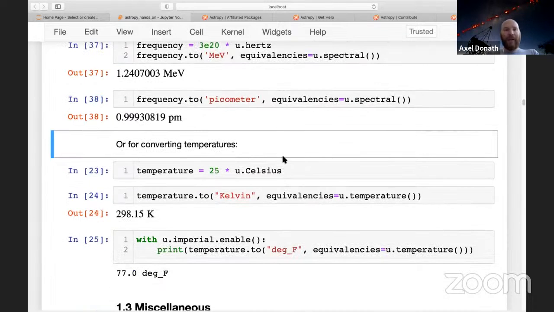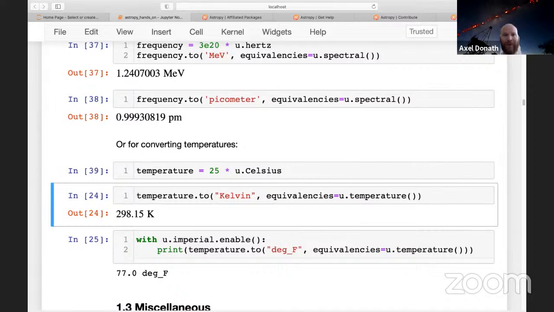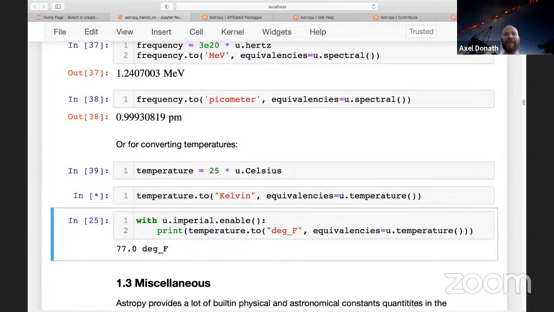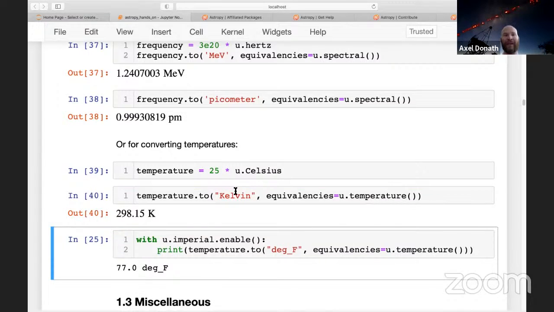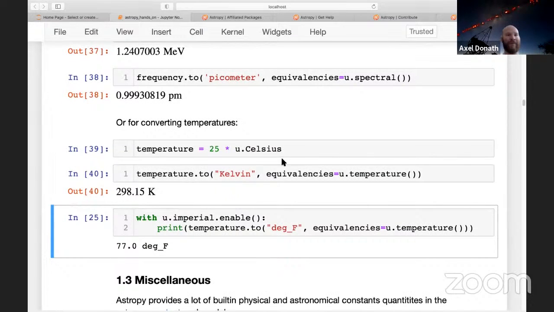Another example where this might be useful is converting temperatures. Celsius is not an absolute scale for temperature measurement. So in this case, we need to provide some context to convert it to Kelvin. And for this, there are built-in temperature equivalencies. With this, you can convert the temperature given in Celsius or Fahrenheit or whatever